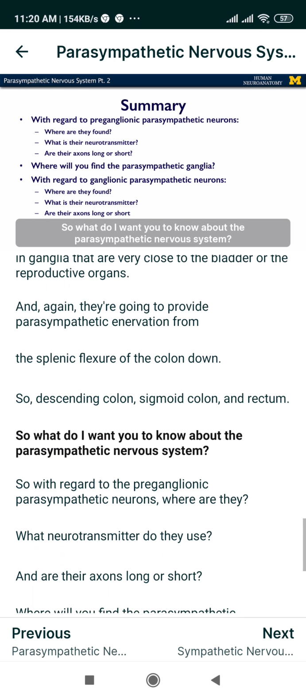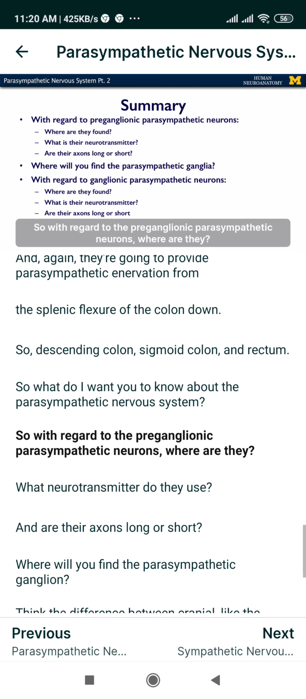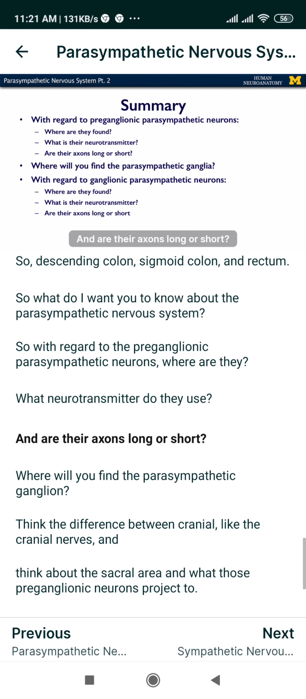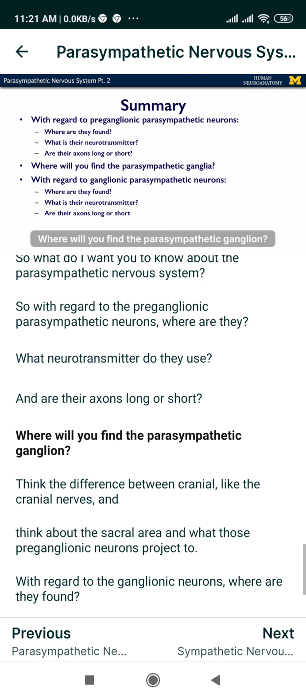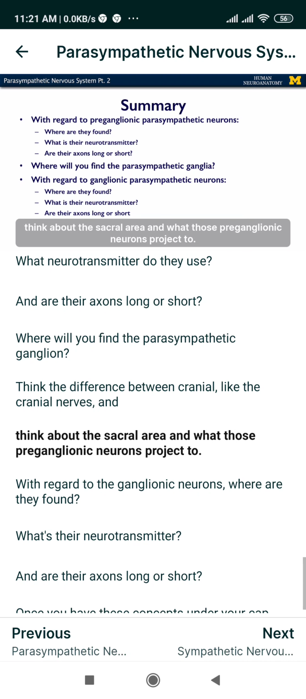So what do I want you to know about the parasympathetic nervous system? With regard to preganglionic parasympathetic neurons, where are they? What neurotransmitter do they use? And are their axons long or short? Where will you find the parasympathetic ganglia? Think about the difference between the cranial nerves and the sacral area, and what those preganglionic neurons